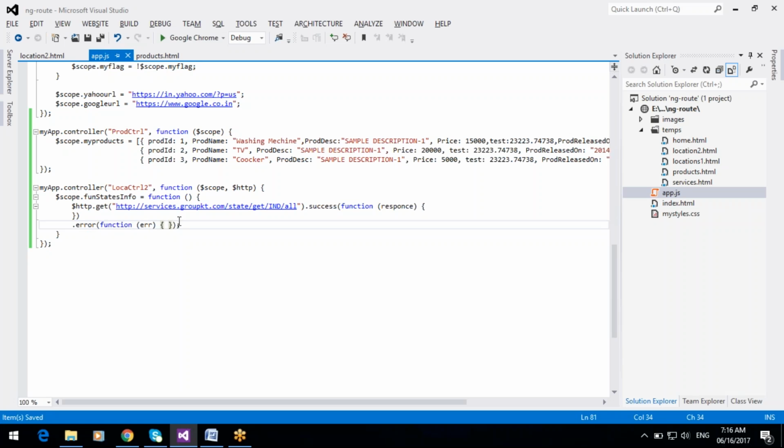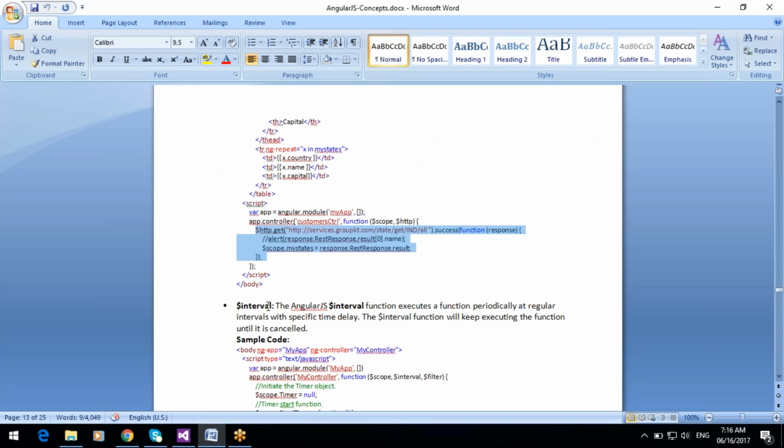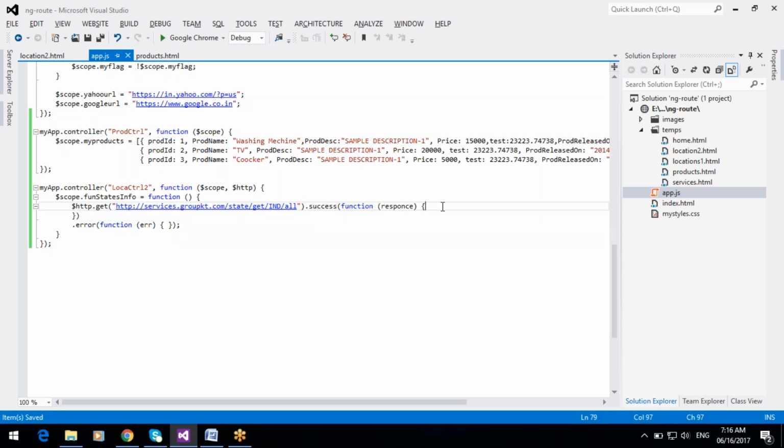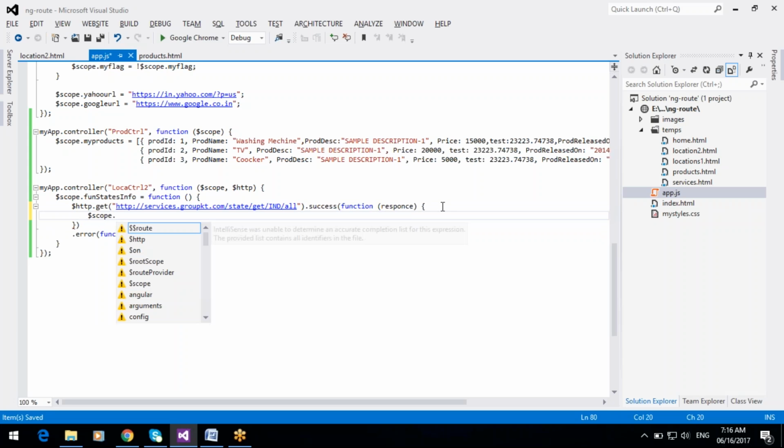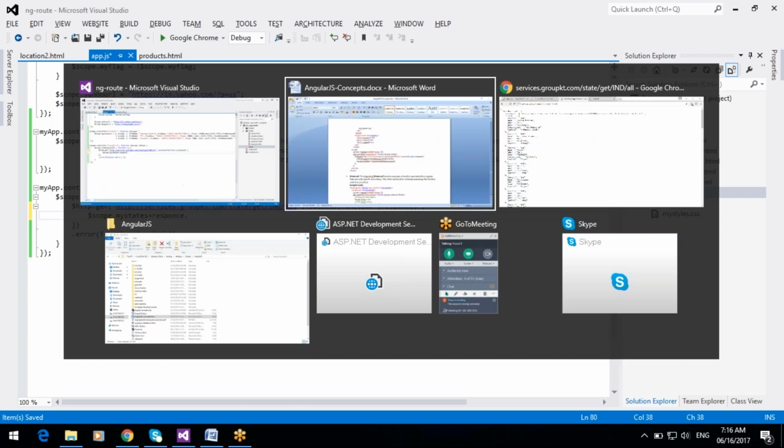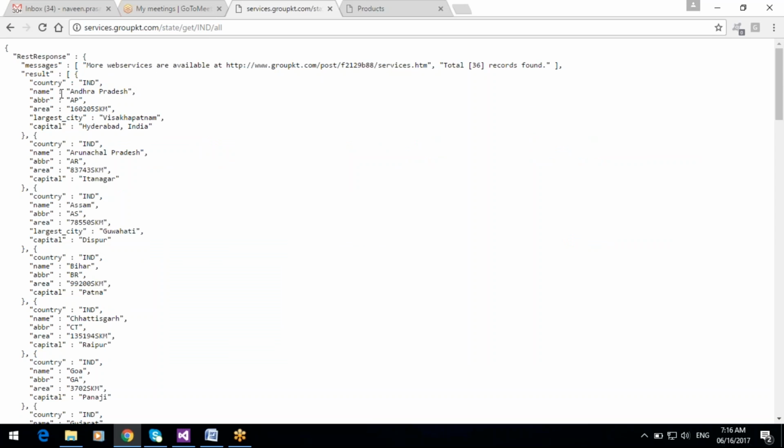Okay, so for every service, both a success function and an error function are there. Here, if it successfully reads the data without any errors, my states is the object, and in the response you can find one more thing.